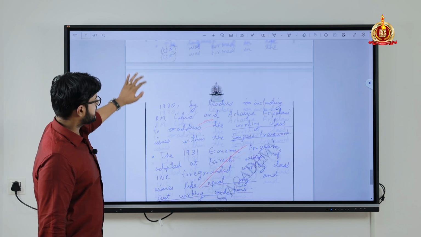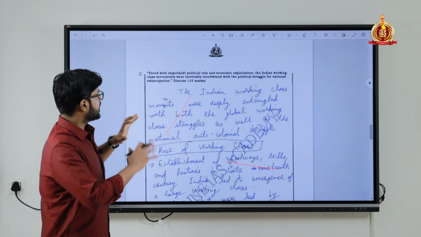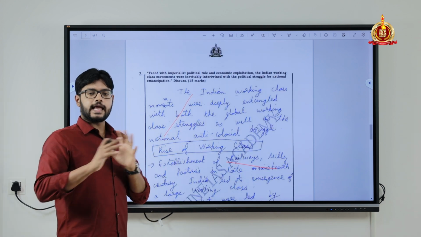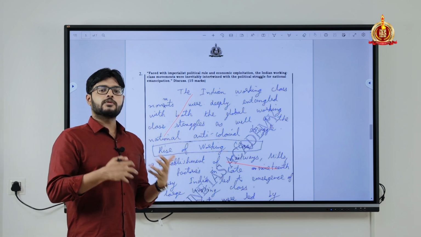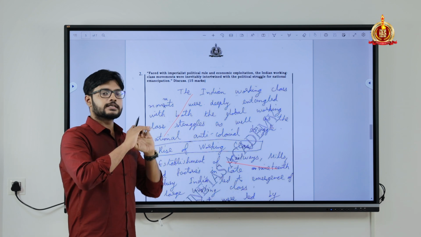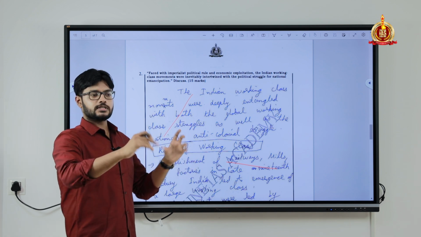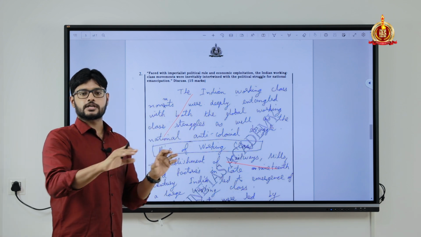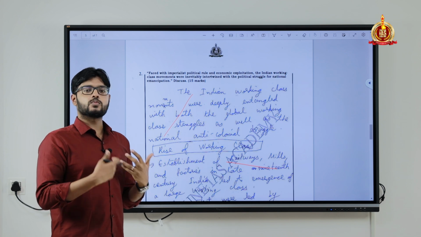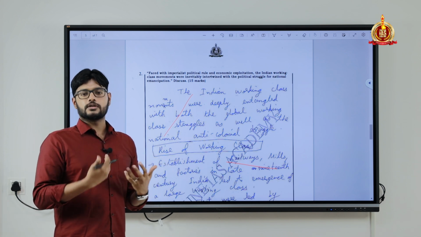So what he has done, please understand this, is he has ensured that he is addressing every aspect of the question, and to make the job of the examiner easy, he is signposting his answer. He has said, okay, I'm going to talk about this. Below that, wherever needed, he has tried to give us a direction. So the examiner knows what he is trying to say. He has written several paragraphs, but he is not trying to confuse the examiner.